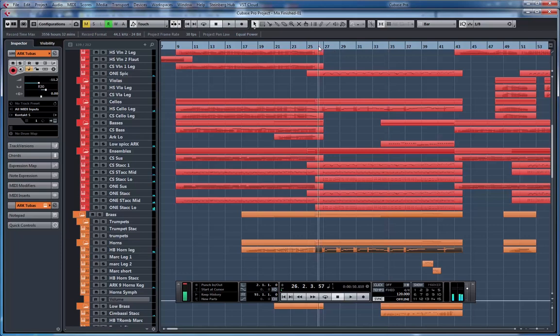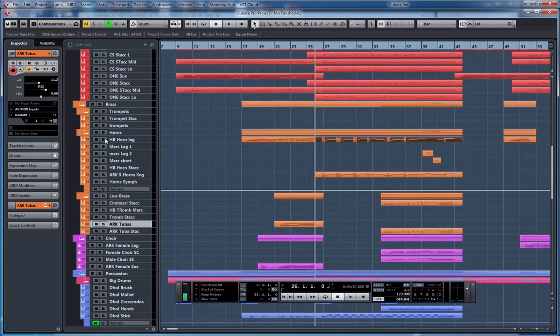Okay, so that's the first half of the second A part. Now, the elements we have here are first of all the horn melody,